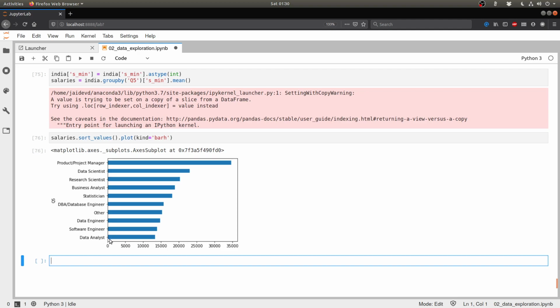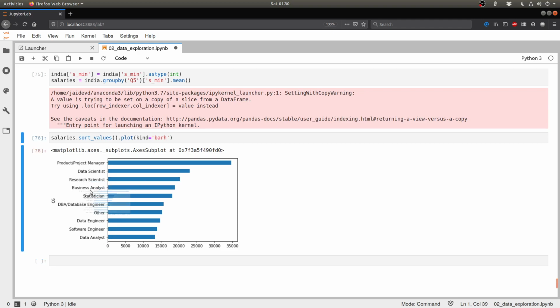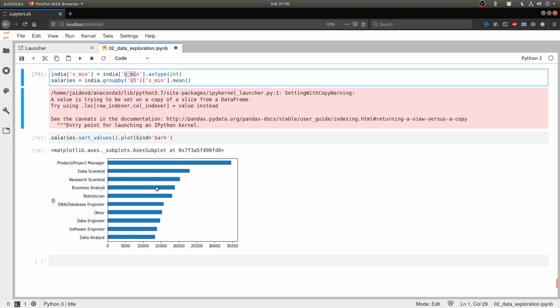But if you think about it really carefully, a business analyst and a data analyst are more or less the same thing. Now, this is a hack that you might want to learn from. Your job title really matters on your CV. So if you are a data analyst, try to call yourself a business analyst wherever possible, because that alone seems to indicate a much higher minimum salary. And remember that we are still talking about SMIN.